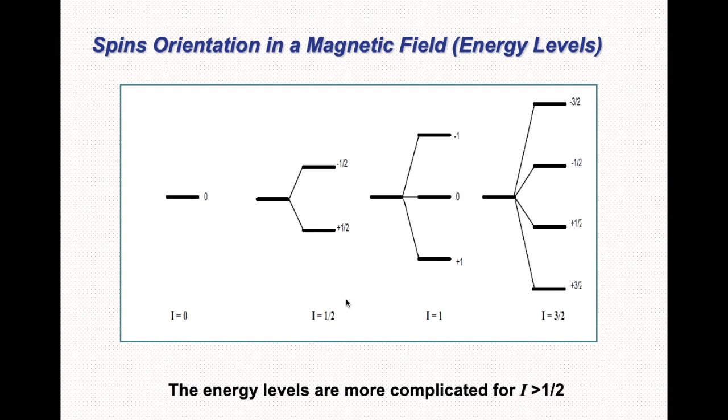Therefore, at the undergraduate level and the graduate level, we will only discuss low spin nuclear magnetic resonance and its concepts. The high spin nuclear magnetic resonance is somewhat complicated because of the many transitions, and the spectrum is going to be complicated, so difficult to understand. As a result, we will only focus on half spin nuclear magnetic resonance. Unless I mention otherwise, hereafter we are only going to focus on half spin nuclear magnetic resonance.